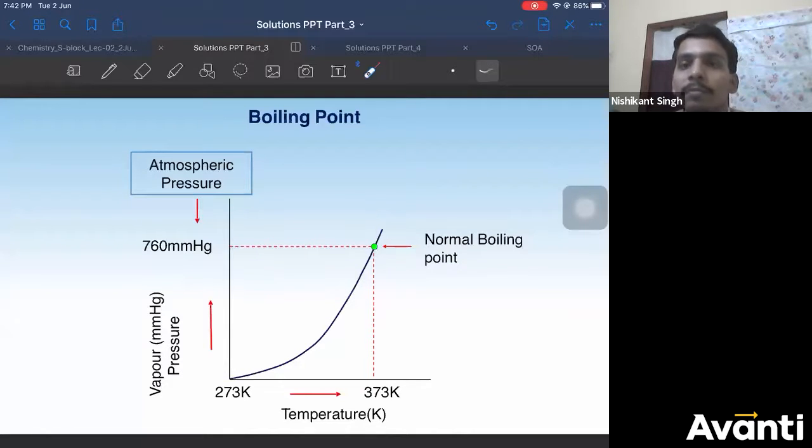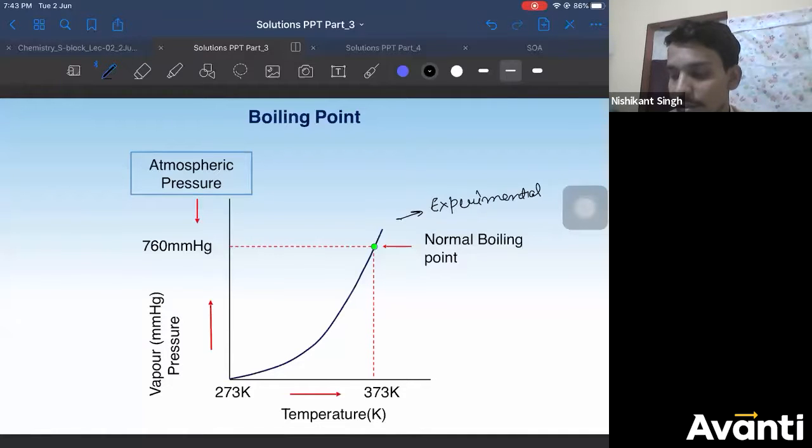Why is it not a straight line graph? Beta, Ravi Kiran, these graphs are not, see, this is not mathematics, where first you see the function and then plot its graph by putting the values. Y is equal to log x: put the value of x, okay, y value is this; put another value of x, then y is this; then plot the graph. It is not like that. First, we change the temperature. Then we observe vapor pressure experimentally. Whatever comes, the graph is an experimental graph. It's not a theoretical graph.